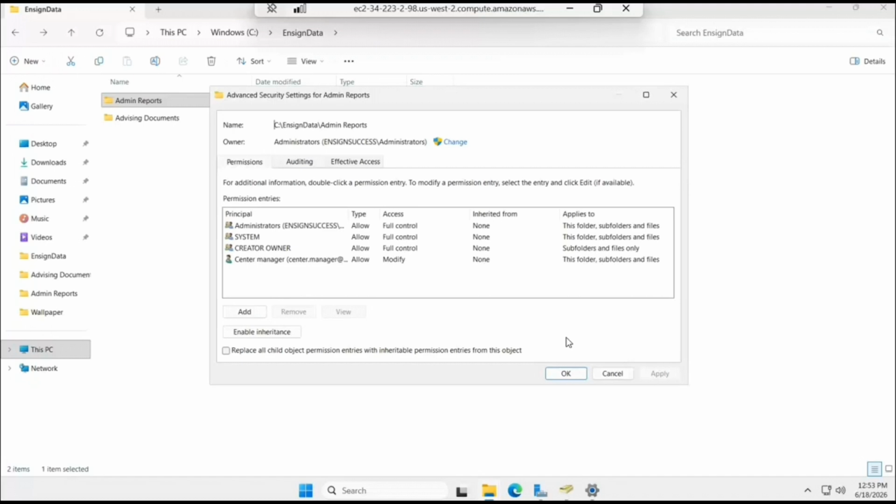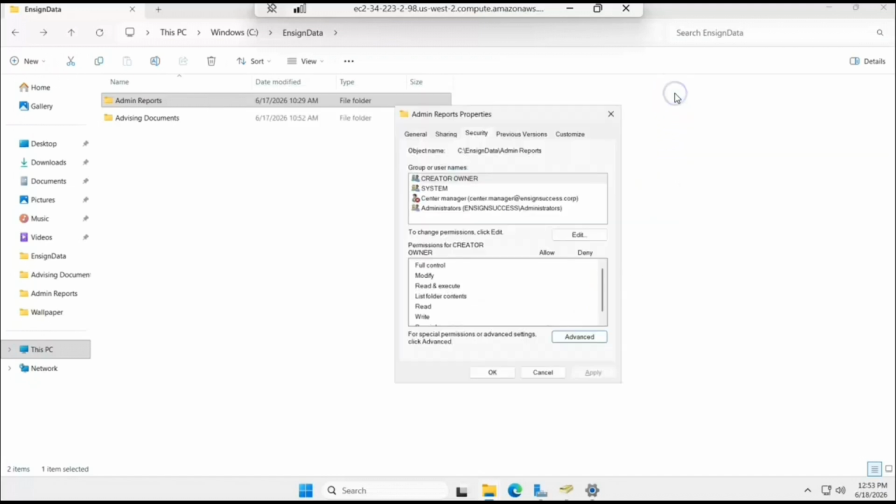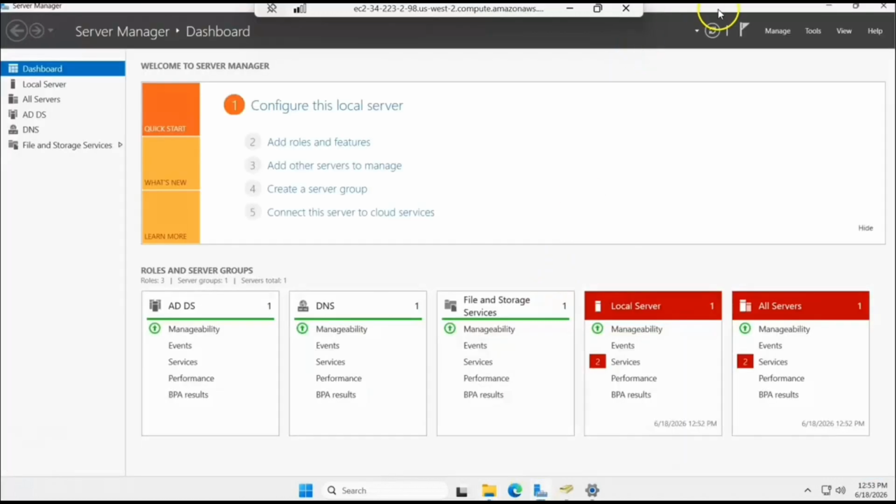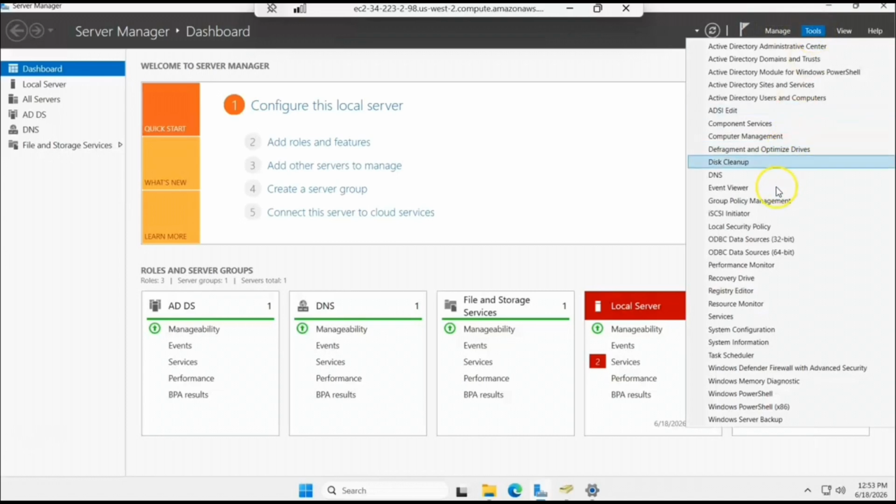Okay. As you can see, the policy update completes successfully. This confirms that the group policy configurations are synchronized and functioning properly. In summary, this project demonstrates the